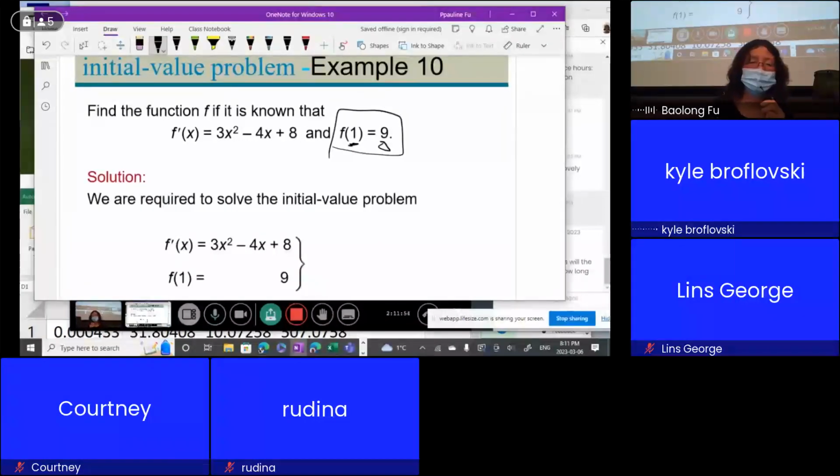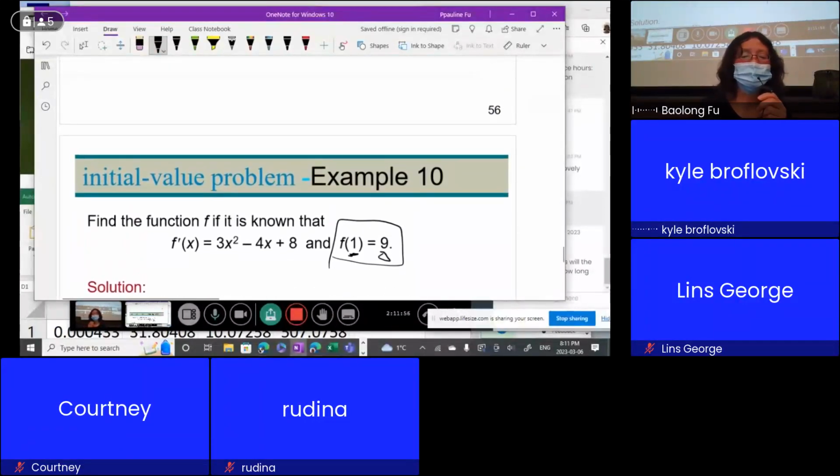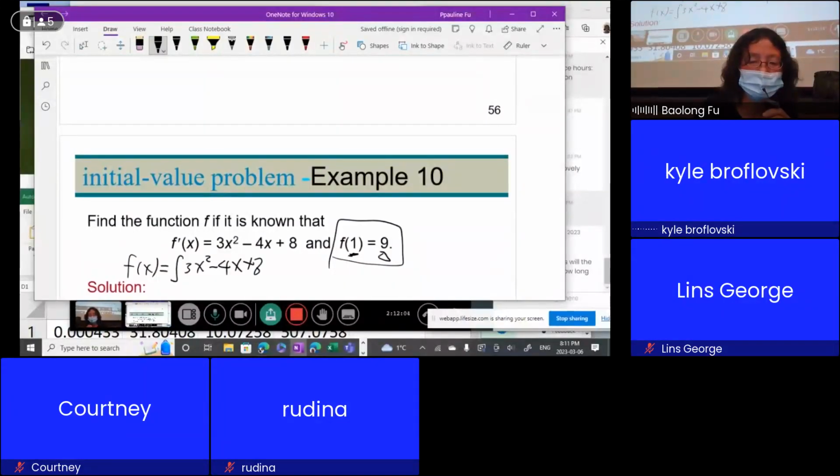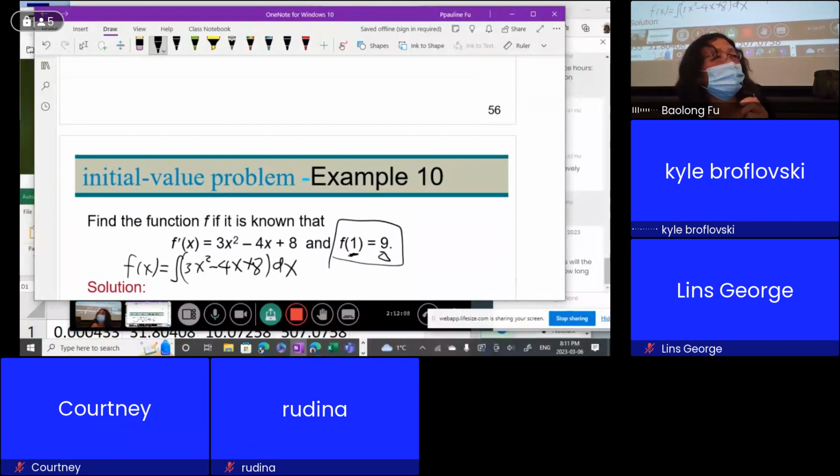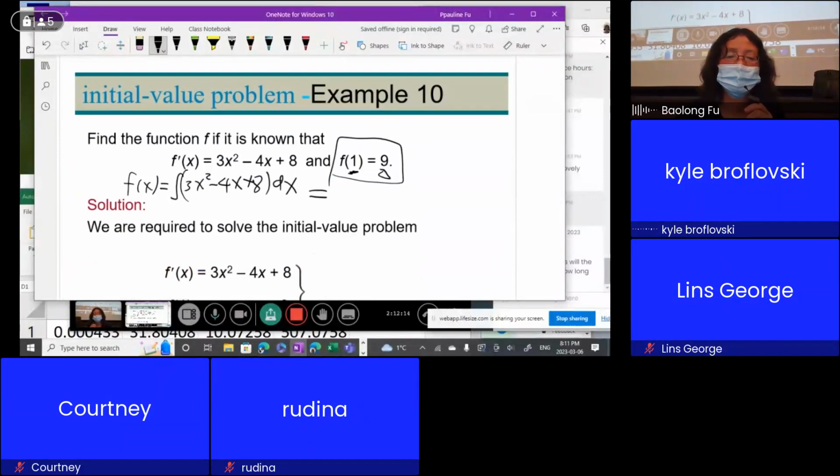So first, we find f. f is just the integral of this function. Take the integral, and the result of this integral is